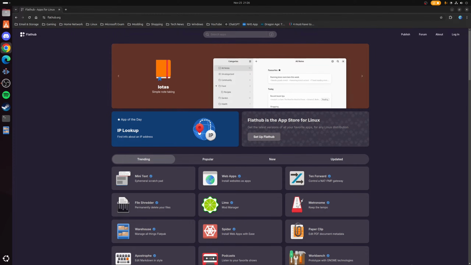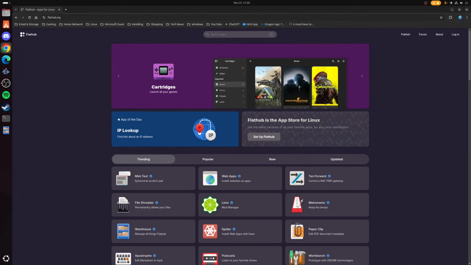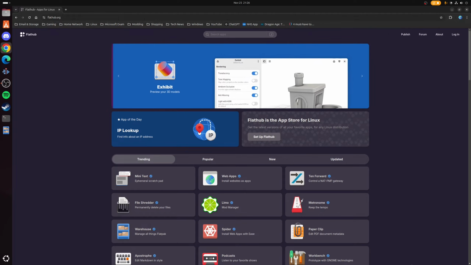Hey guys, Ryan here, and in this video I'm going to be covering how to install, remove and manage Flatpaks on Ubuntu Linux. Now if you're unsure what a Flatpak is, the easiest way to think about it is it's